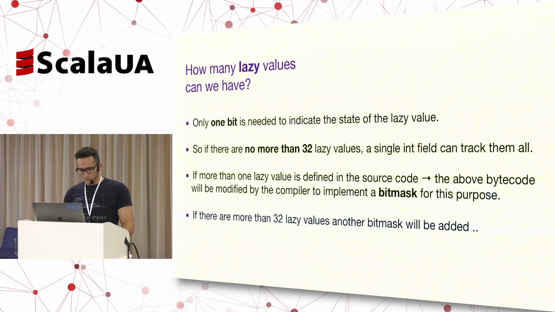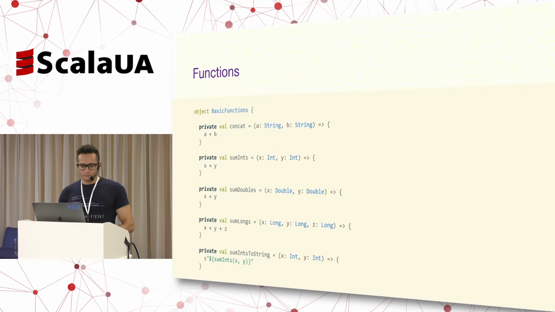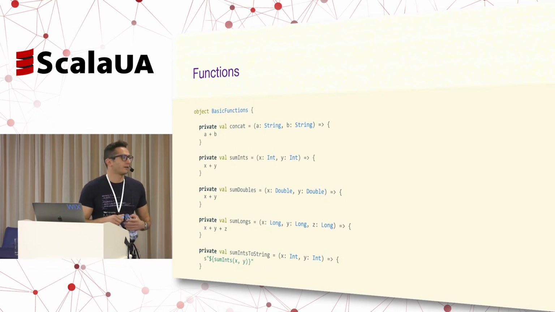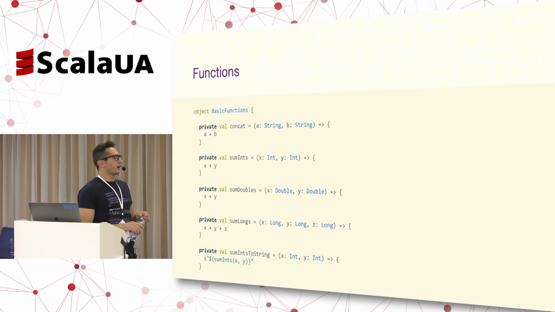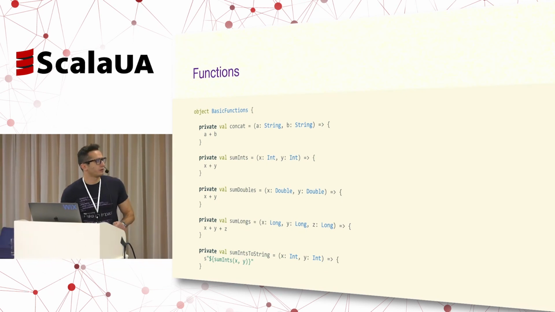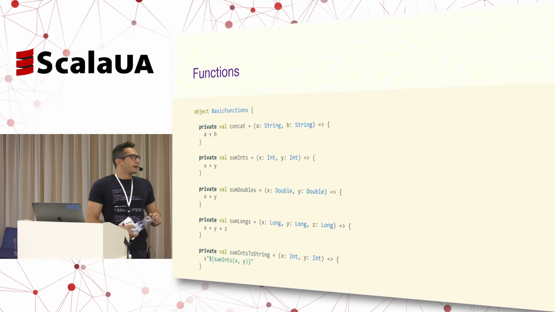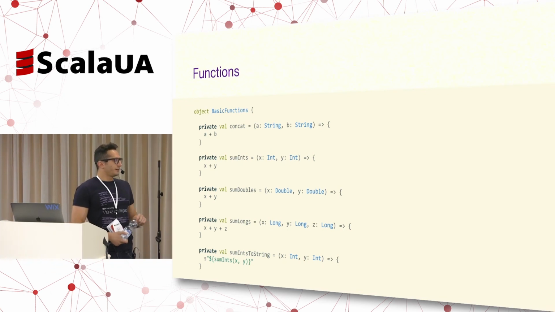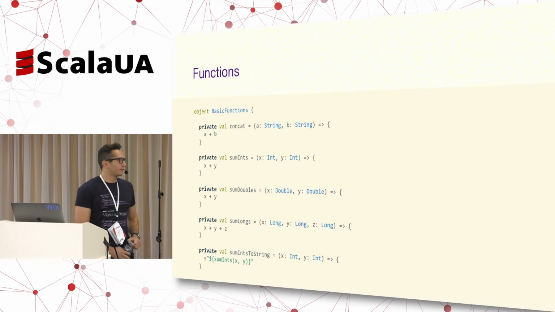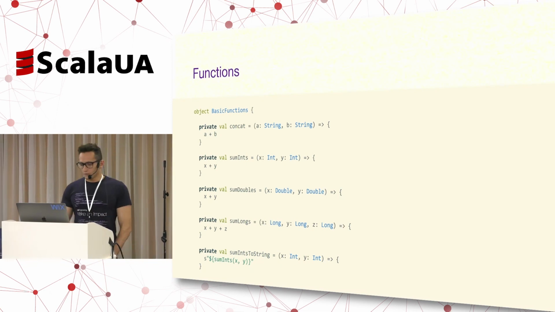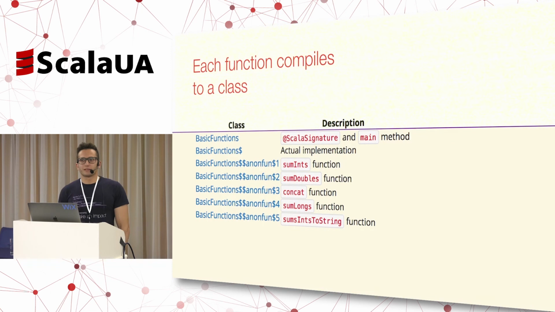So the last thing we're going to see are functions and how they are implemented on the JVM. So if we have an object, we have several functions working on primitives, such as string, int, double, and long. And we have a concat, some int, some double, some long, and so on. And we would examine the class file that was produced by the compiler. We're going to see